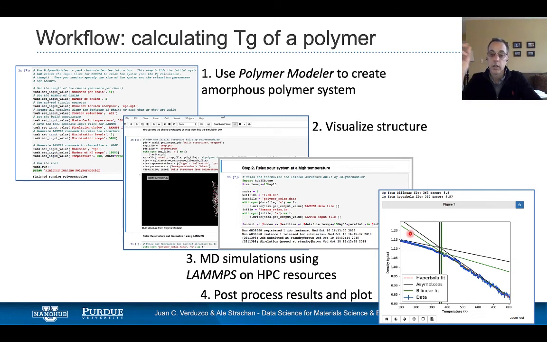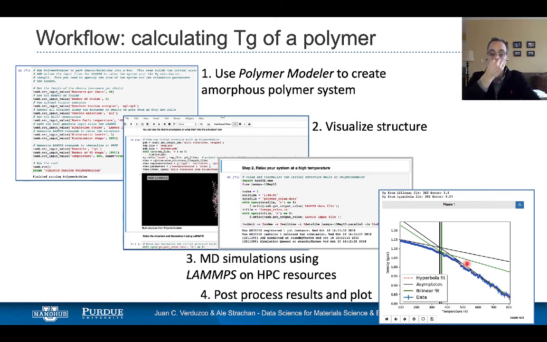If you plot the density as a function of temperature, like what you see here, the glass transition temperature is given by this changing slope. This workflow generates the raw data from the molecular dynamics simulation, and it also post-processes the data to extract the actual number, the glass transition temperature. It does so using two different methods, and it reports two different glass transition temperatures. So the whole thing is documented, from building the model to running the simulation to post-processing the result.